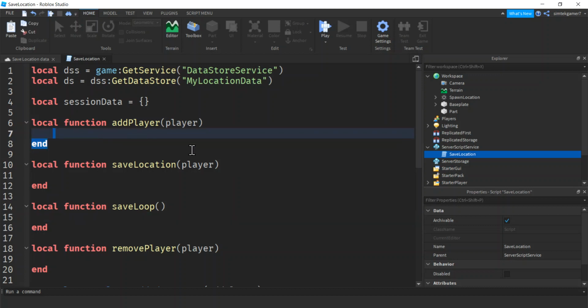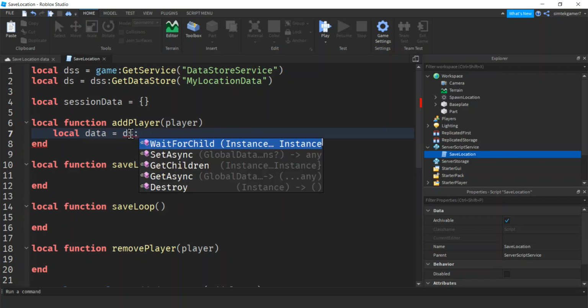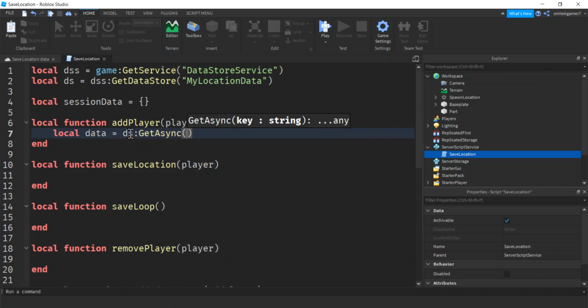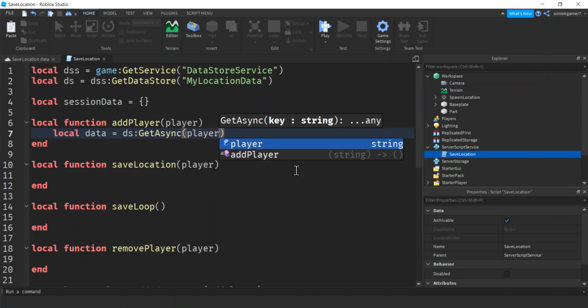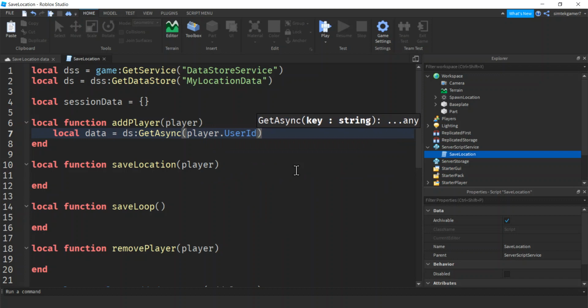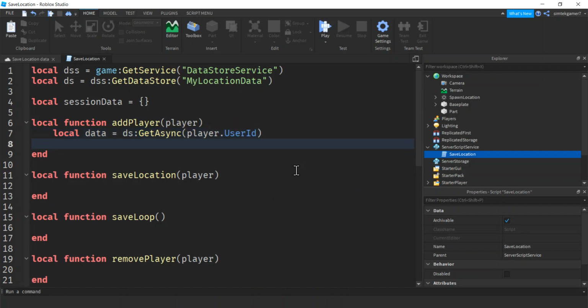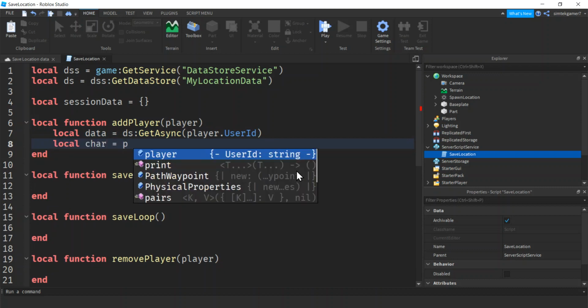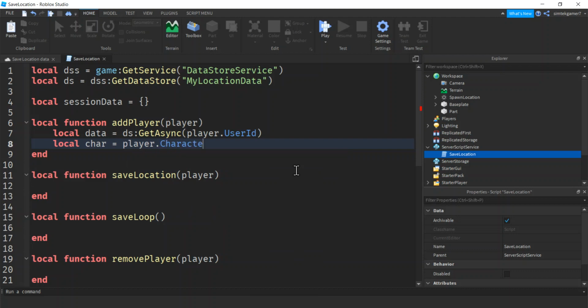All right, let's start with our add player. So let's start saving data right away. What we're going to do is get a variable for the data. We're going to call the data store with this GetAsync method. If it's two dots, it's a method. If it's one dot, it's a function. That's the Roblox methodology, right? So we'll use the player's UserId as the key for the player data, and then we need the character from the player, right? So do player.Character or player.CharacterAdded:Wait